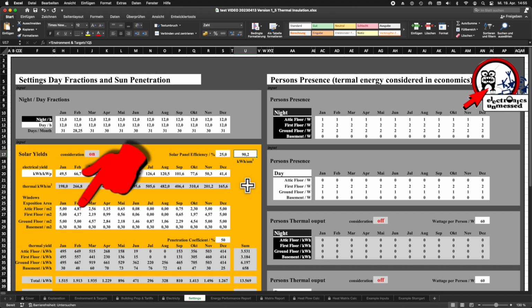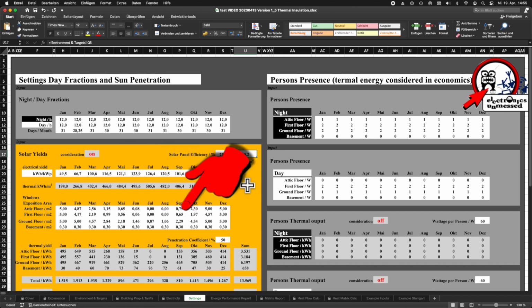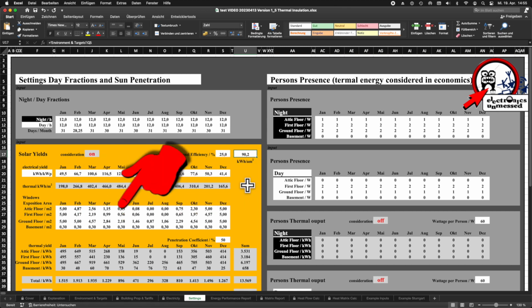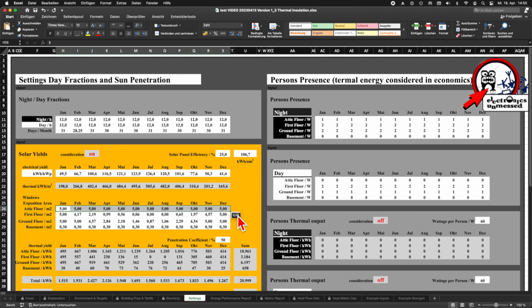Now, you could of course fiddle around with the window areas to find the minimum energy consumption in the year. But we are Electronics Unmessed, and that's why we're doing something much smarter. I have to tell you another super cool trick. We use the Excel Solver plugin.